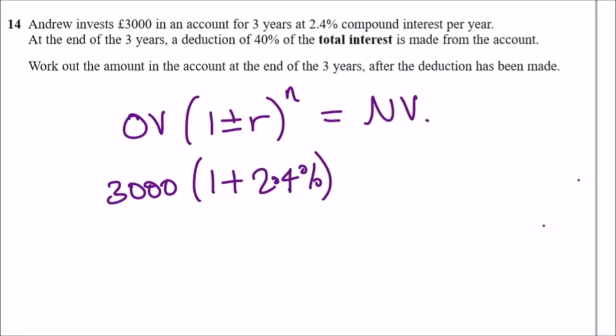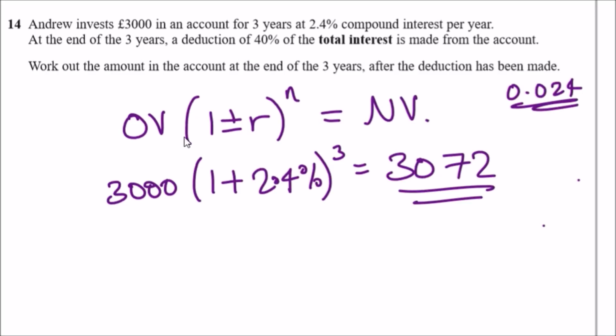And remember, you have a percent button in the calculator, so write exactly like this. Otherwise, if you can't find it, instead of 2.4%, use 0.024. That's the same thing. And then this goes on through 3 years. Now, if you put this in your calculator, you should get exactly £3,072. However, it says at the end of the 3 years, a deduction of 40% of